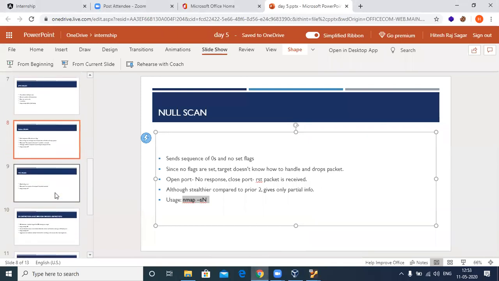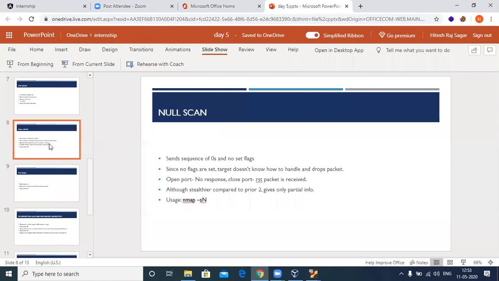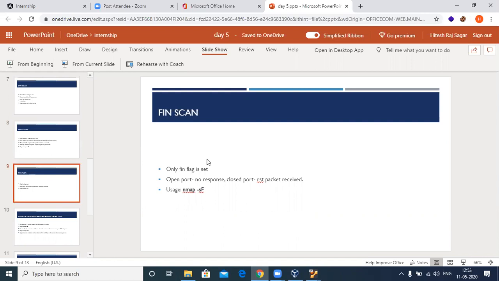The next scan we are going to see is a FIN scan. So what is a FIN again, as we discussed earlier in this presentation? To cut the connection. Good. So instead of putting all those zeros, that is, no set flags, you actually set the FIN flag and send that request.